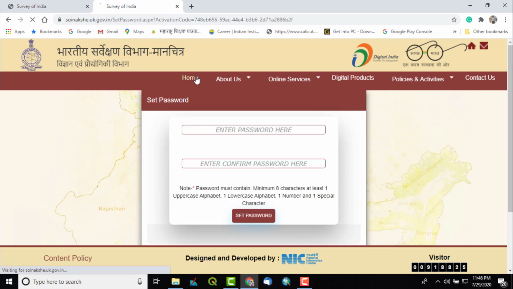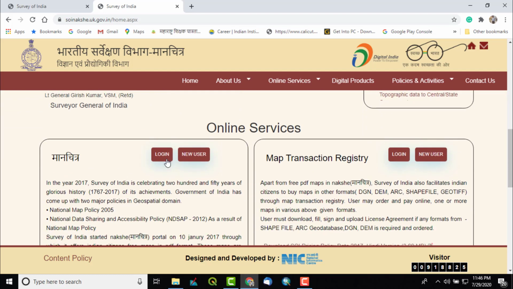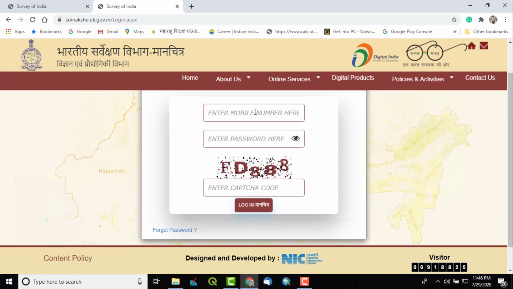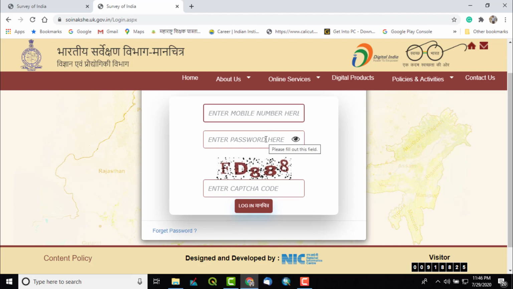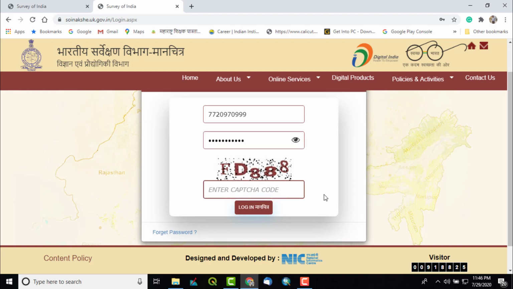Now I will go to home, login. It is not showing the login, so I click on login. Then I will enter my mobile number here, and I will enter the password I have saved, and I will enter the captcha.